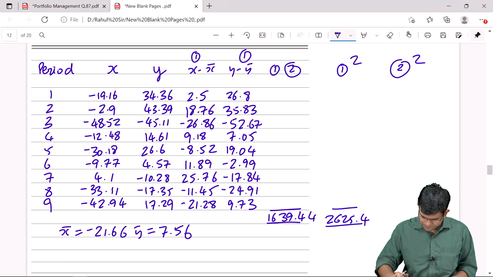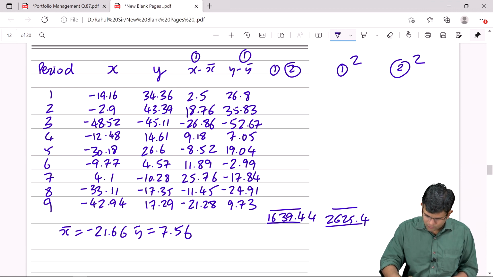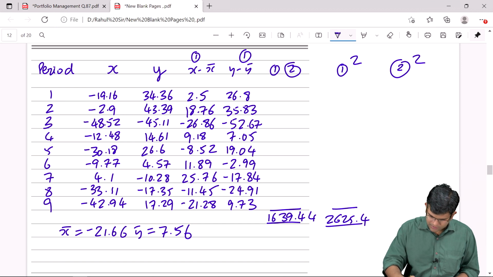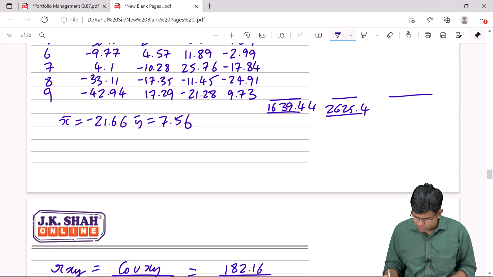We have got 26.8 into equal to M plus, 35.83 into equal to M plus, 52.67 into equal to M plus, 7.05 into equal to M plus, 19.04 into equal to M plus, 2.99 into equal to M plus, 17.84 into equal to M plus, 24.91 into equal to M plus, 9.73 into equal to M plus. MRC, and this comes to